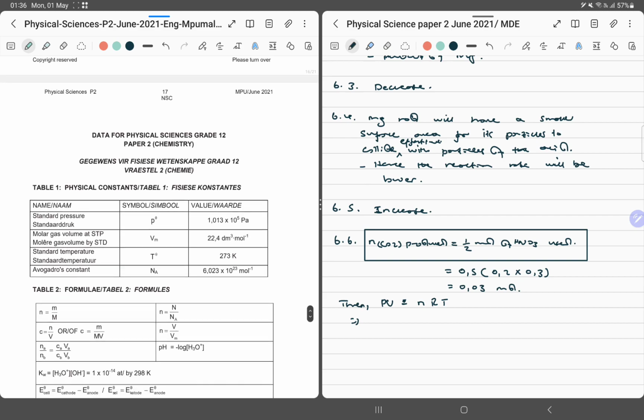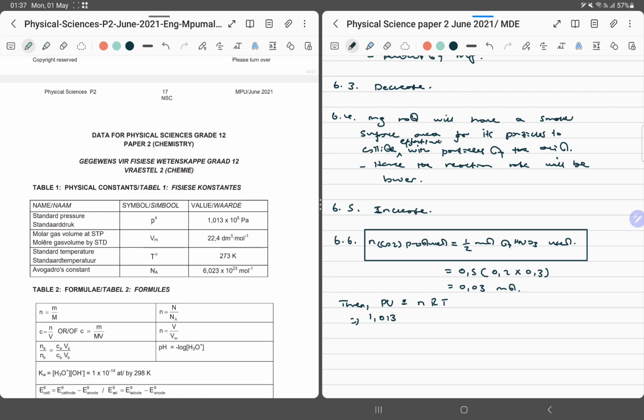The standard pressure here is in pascals. We always use kilopascals, but if we're using this formula, we're going to use pascals, not kilopascals. So technically our pressure is going to be